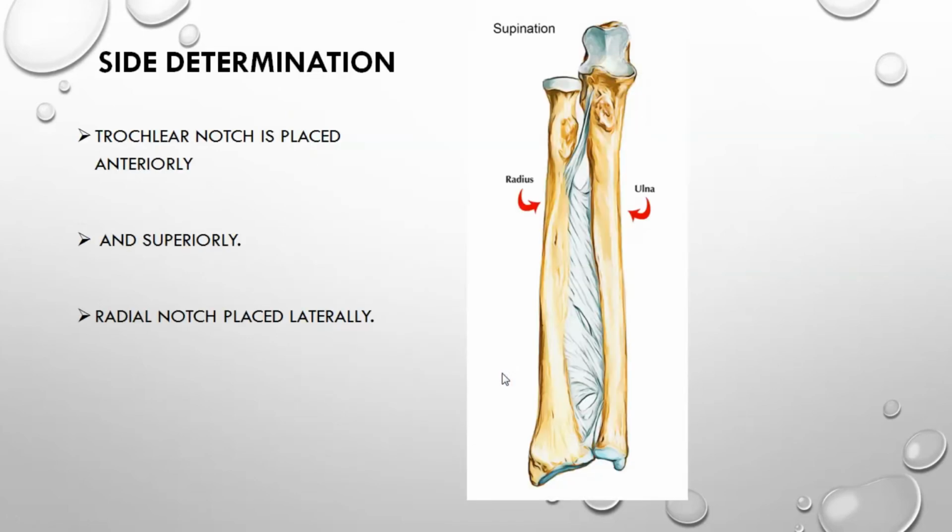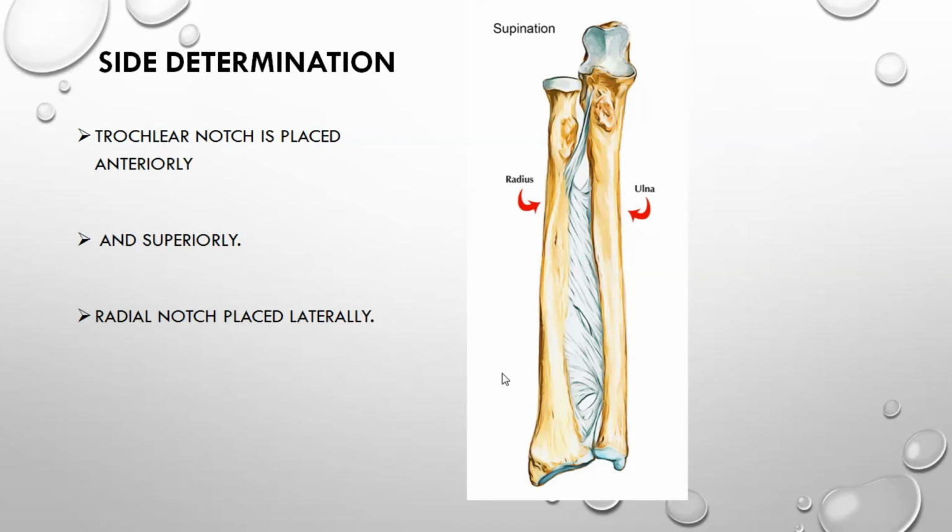So this is all about the parts of the bone: upper end, shaft and lower end. Now come to the side determination. In the side determination you have to remember certain points. The first is that the trochlear notch is placed anteriorly. What is the trochlear notch? A notch which is formed by the anterolateral surface of the Olecranon process and the superolateral surface of the coronoid